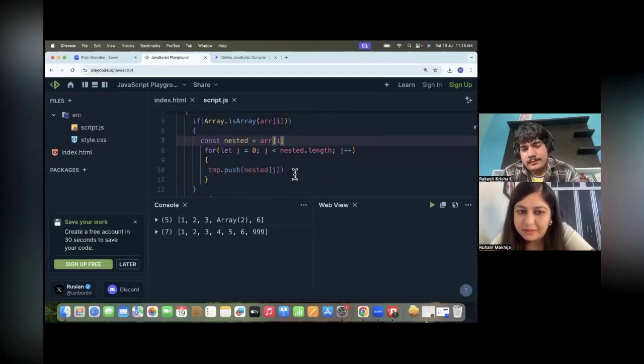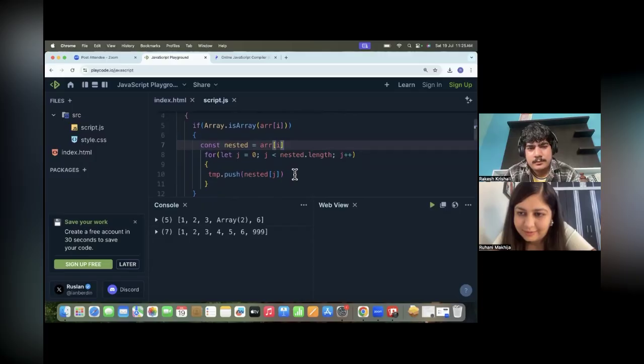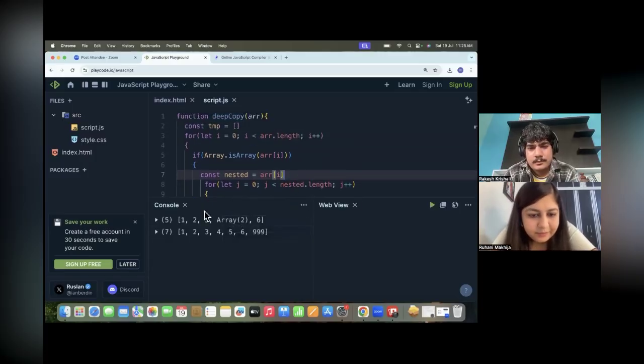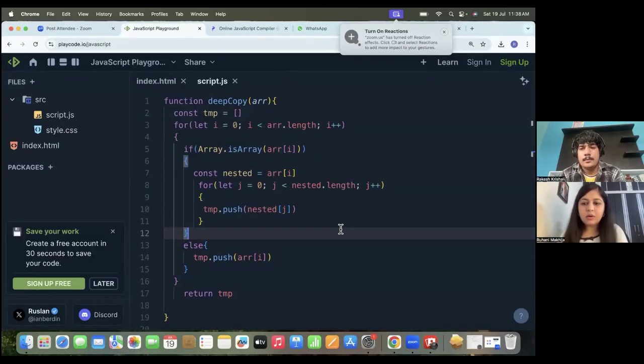So deep copy, matlab, it internally checks, and if it is nested, then it doesn't modify the first array. So let's debug the function. Matlab, it's pretty much correct, but we will have to see properly. Okay, so yes, you are looping over it and then you are checking if it is an array,